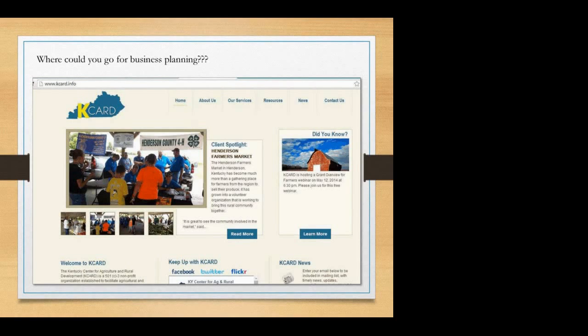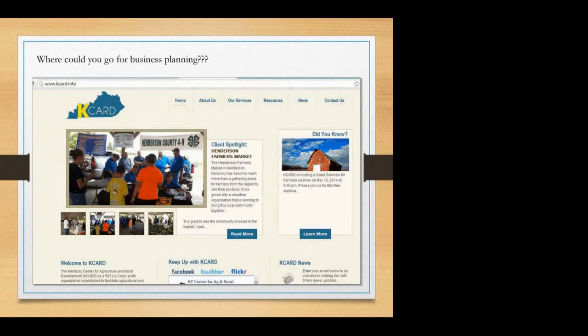If you want to take a little look at what can go into a business plan, go to kcard.info. We're going to be revamping our website, but right up here where it says resources, if you click on that, there are going to be some business development and business planning resources, and that's a really good place to start. There are lots of things on the internet that will tell you how to write a business plan. You just want to make sure that you're taking advice from something that looks good. If you have a business plan and you want us to review it, you can call us. Turnaround time's not always next day, but we can look at that. And right now, our business planning services are free.